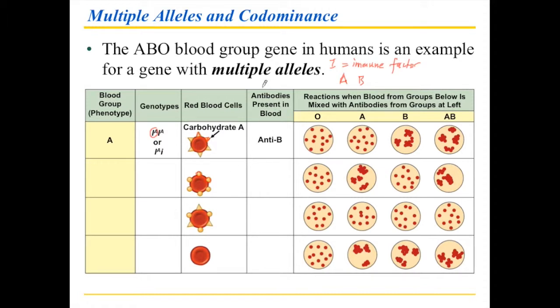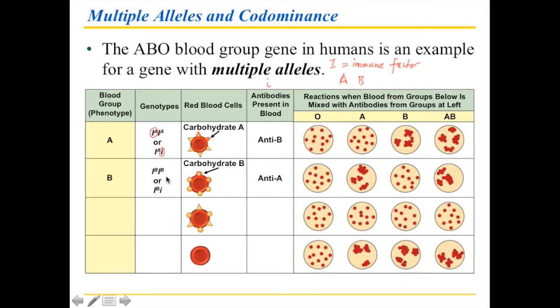And then the second thing you can have is a little i, which means the absence of an immune factor. So the big I means the immune factor is present, and it can either be A or B. And that's why we call it big I with a superscripted big A. And so if you have two of these, then you're blood type A. Or if you have one of those and the absence of the immune factor, then you're also blood type A. And then of course the same goes for B.